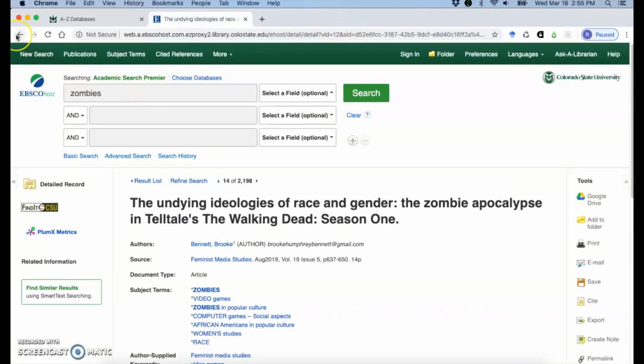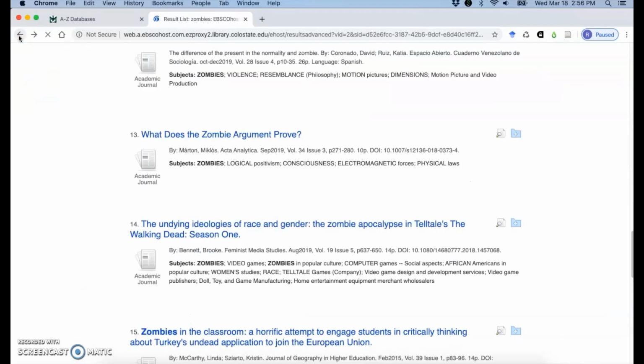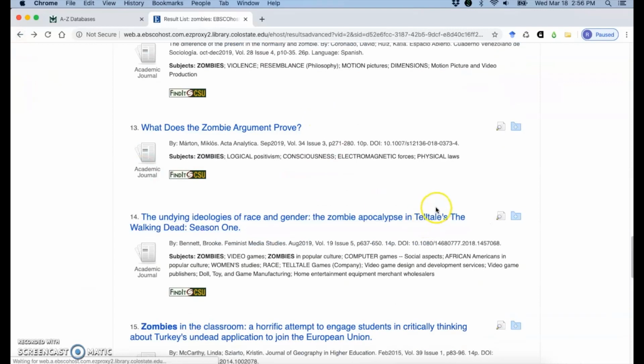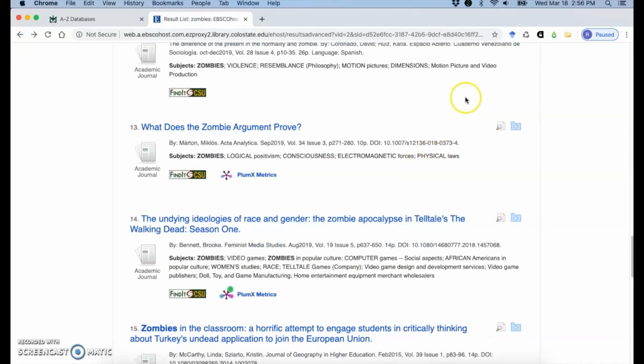So I'm going to step back a little and show you another way. So we've been pulling sources in one by one. We can also go back to our search results list and pull in the citation information and some PDFs for everything at once. So you'll see now that we're on this page, the Zotero button has turned into a little folder. If I click on that,